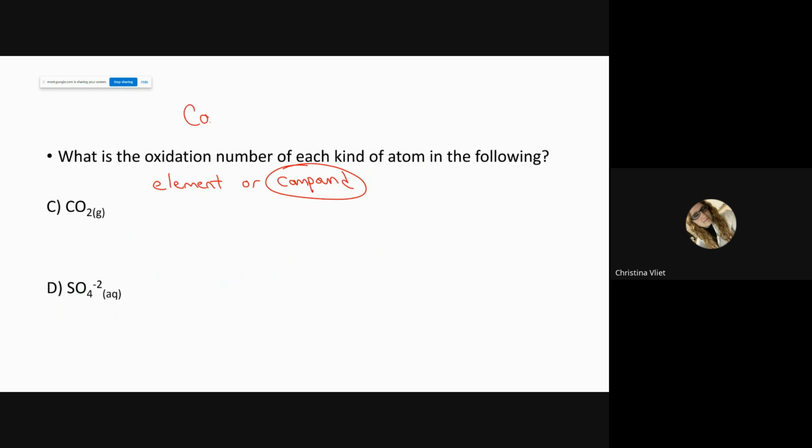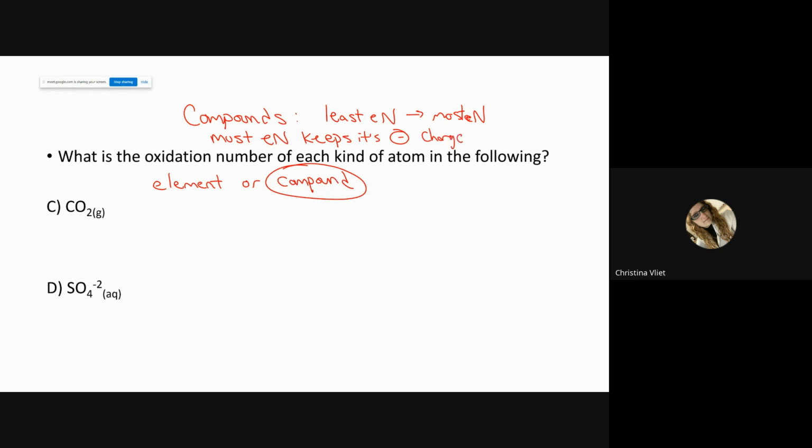Remember that compounds always go, and you may want to write this down, from least electronegative to most electronegative. So out of carbon and oxygen, which of these two elements is the most electronegative? Carbon or oxygen? The one closest to fluorine, or the one written second, which is oxygen. So what that actually means is the most electronegative element should keep its charge, because it's the greediest, it's going to get electrons, right? So the most electronegative element keeps its negative charge